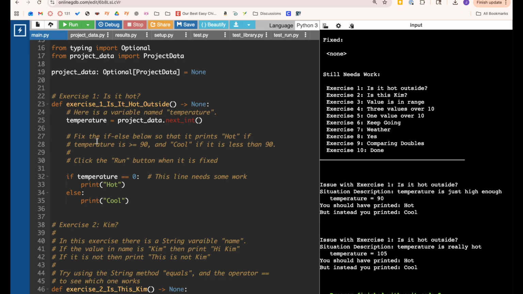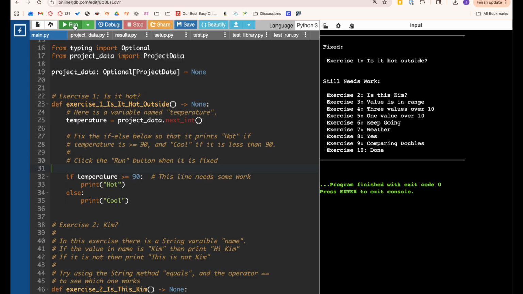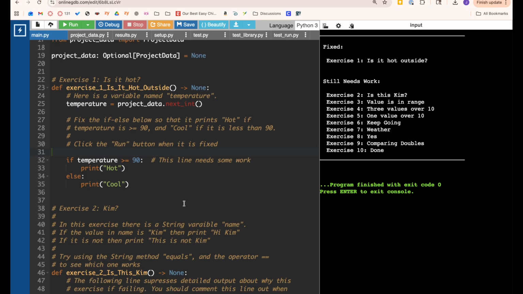So let's come over here. The instructions here are saying fix the if else below so that it prints hot if the temperature is greater than or equal to 90. So here's the variable temperature. If the value that's stored inside it is greater than or equal to 90, so I'm going to write that like this, then we should print hot. And if it's not greater than or equal to 90, then it's less than 90, we'll print cool. So there we tried to fix it, and now we can run it and see if it fixed or not. And it did. So here in the fixed section, we can see exercise 1 is now fixed. It still needs work, exercise 2 and beyond. So now I'm going to scroll down,